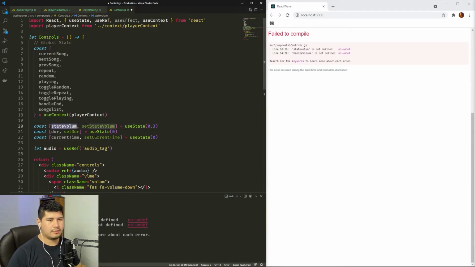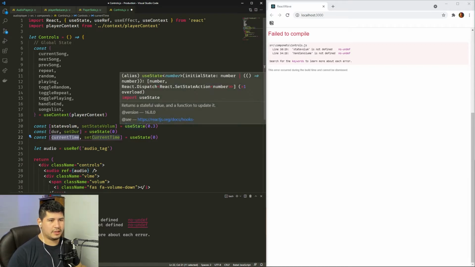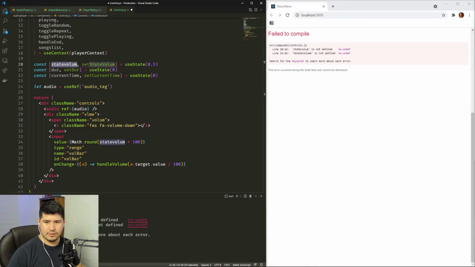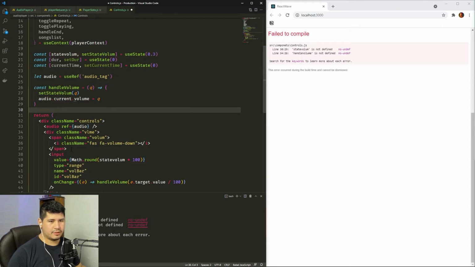So state volume, the duration, and the current time, and this all uses the useState hook. Basically with this function we can update this variable here in a local state. Now we're going to use the handle volume function, which is basically going to use the set state volume to change this. So when we change this input, it's going to be handled by this function, and what it's going to do is change the state volume, and it's going to change the volume in the audio